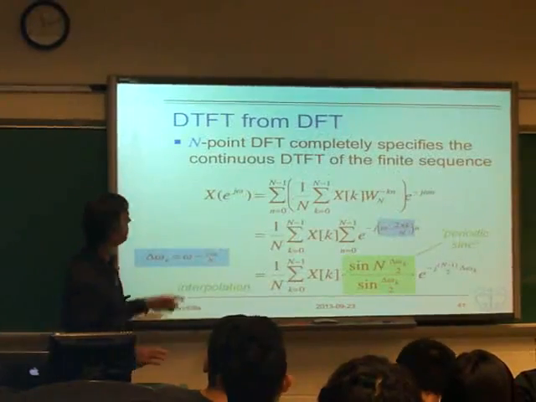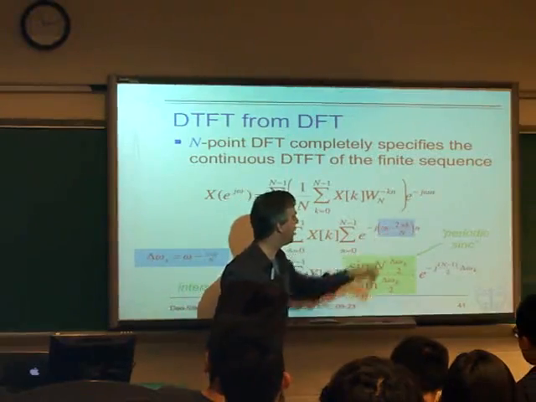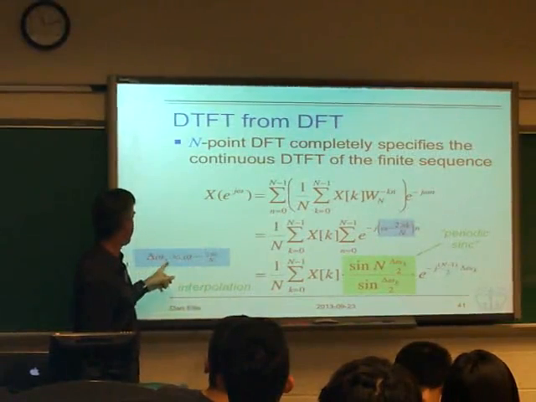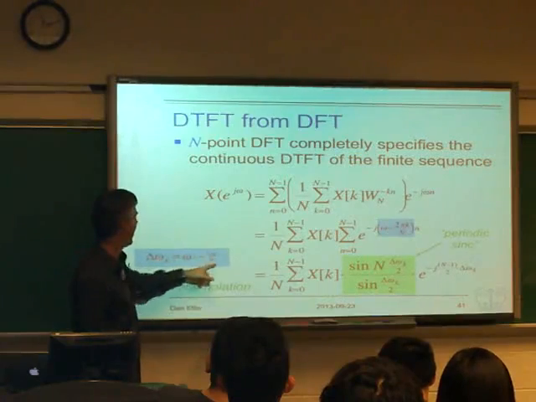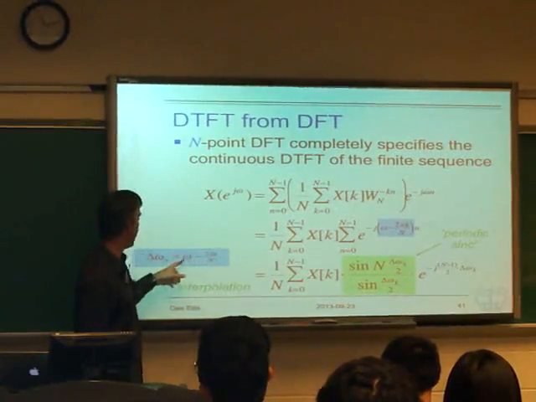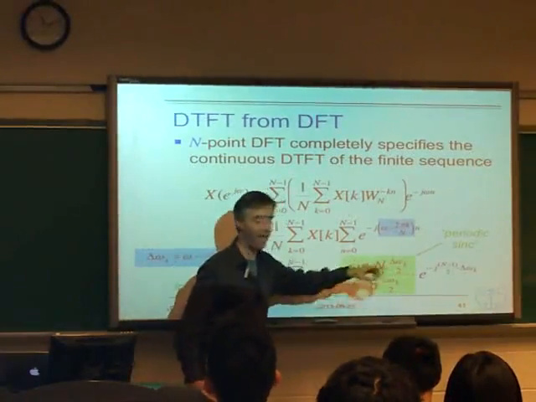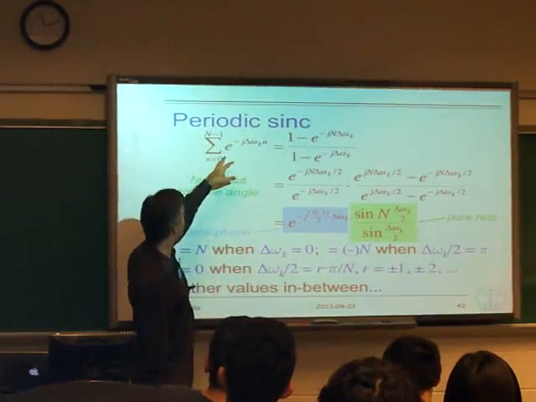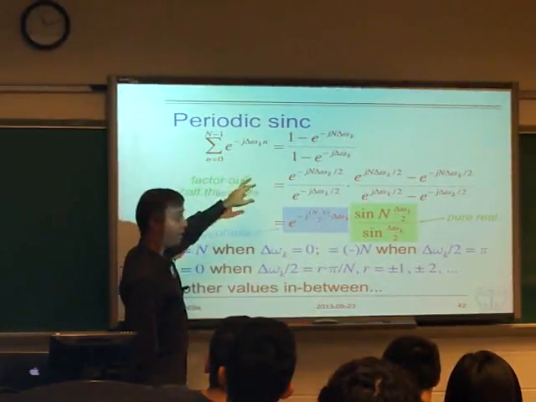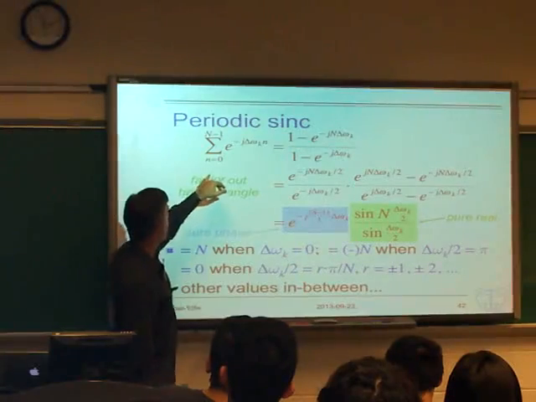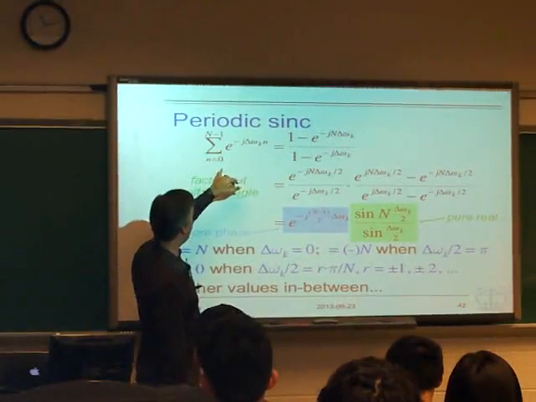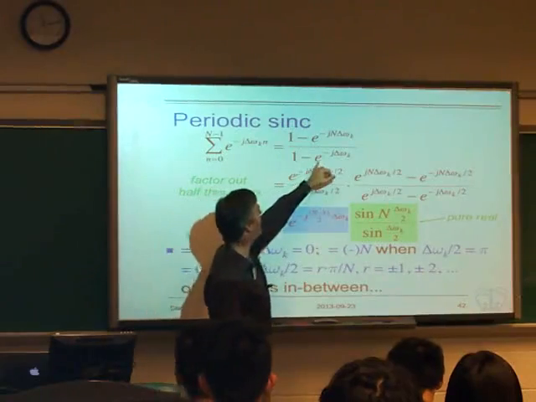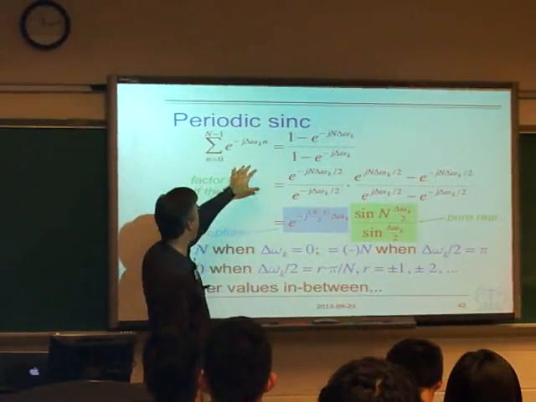So this part here, the sum of e to the j omega minus 2 pi k over N, times n, if we define that thing as delta omega k, which is the difference between the kth DFT sample and actual omega, then that's what we need here. And it makes this a little bit simpler. Now, if we define it like this, as this is what we're trying to work out, we can use this finite geometric sum. If we multiply this entire sum by e to the j delta omega k, and then subtract it out, we get